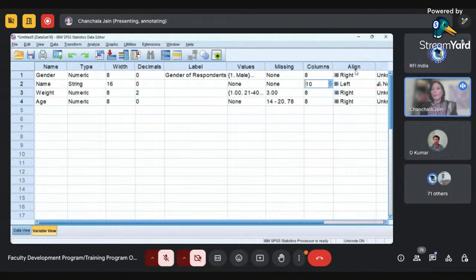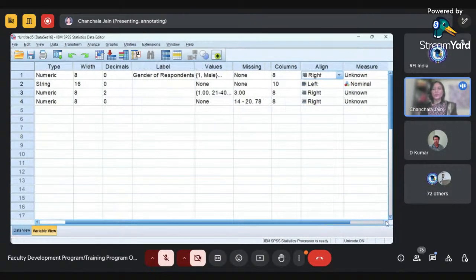Talking about the alignment, I think we all are working in Word document or using the Excel, so we are very well known these things. By default, for numeric, generally the alignment will always be the right. For the string variable, alignment will be the left. Same as we are looking in the Excel. If you want to make any changes, you can click on the particular cell and you can get the options. Whatever way of display you want to keep of your data, you can decide from here. So this is what alignment will do for you.